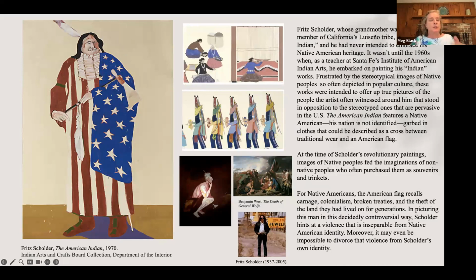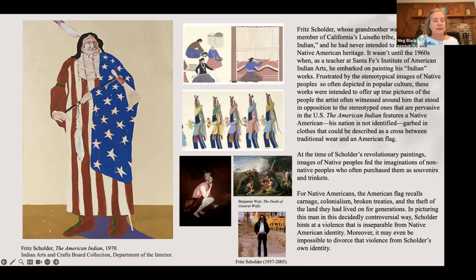Americans whose ancestry would have come from a different country. And it sort of puts it back at us, like, where do they belong? As Fritz Scholder says, he's only 1/4 Native American, and he always has felt that tension. Like, do I belong to my grandmother's nation? Do I belong to the more dominant culture? How do Native Americans swing with this dual relationship of their native identity and the identity of the larger culture?